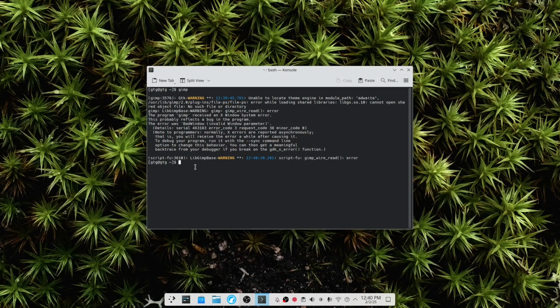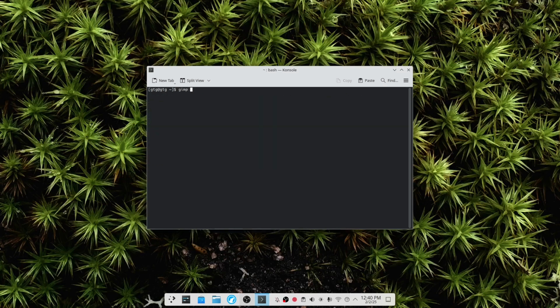Now I change the text color and it crashed, and the reason is because you can see here there's a bad window, something like that. So for fixing this, there's a very simple thing you can do. You can just go ahead and clear the screen, and you can just say GIMP -sync, and then when you launch GIMP,